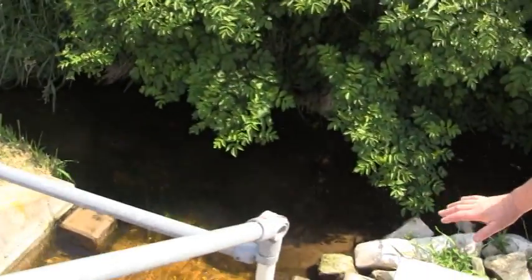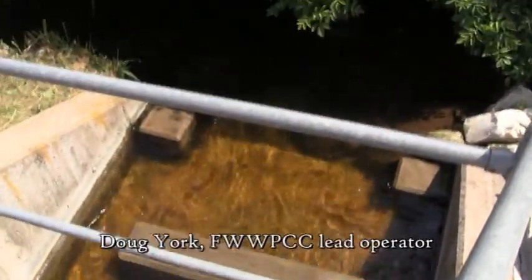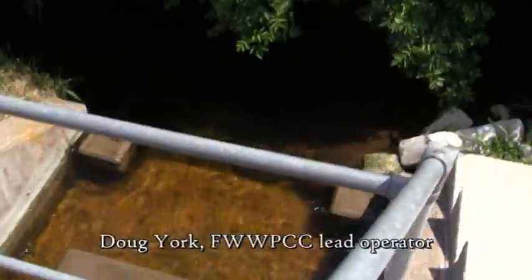The paint in the bottom does have a little bit. It's not that the water is so much yellow, it's the paint in the bottom has a little bit of yellow to it too. But when you saw that brown water up there, this is what it turns out after